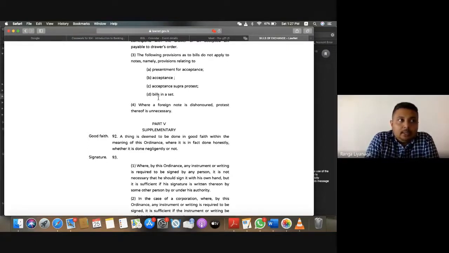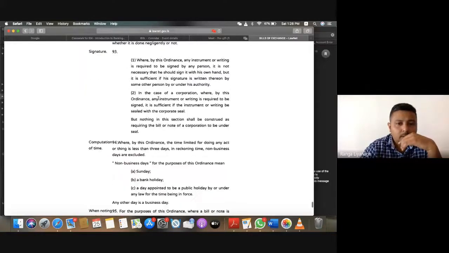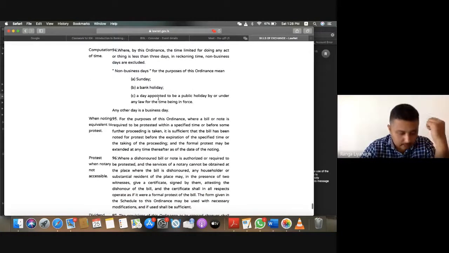Right? If there is cheating, you are not honest. If there is a question as to your integrity, you are not honest, although you are not negligent. So negligence is different. This test of good faith doesn't check whether you are negligent or not. It checks whether you had good faith, whether you've been honest or not. And that is where you need to check, right? Then